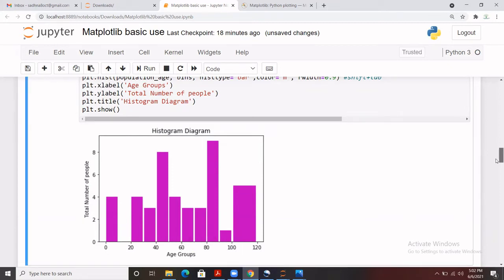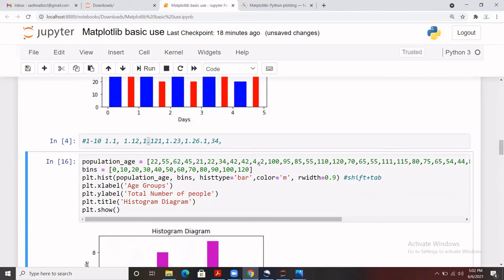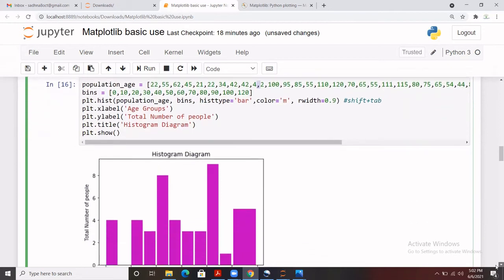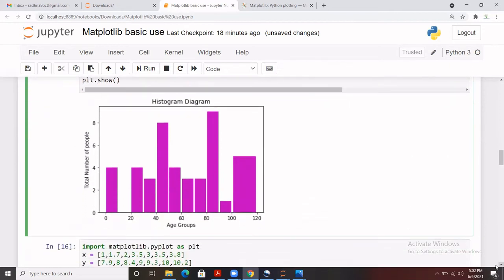You can use pandas to find out the unique records and the number of occurrences for population, just to be sure which bins the maximum occurrence lies between. That's how you can create a histogram.